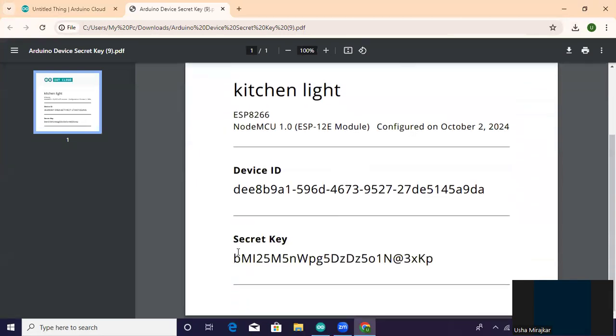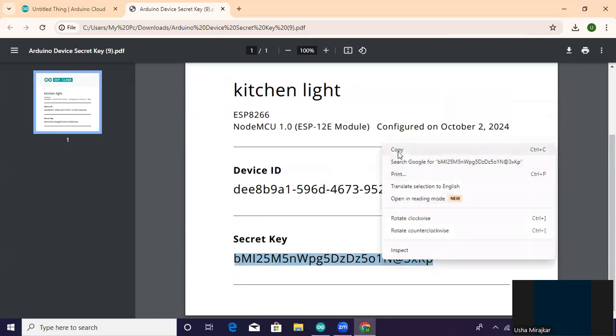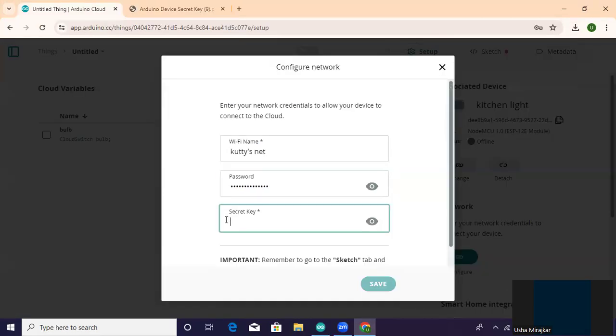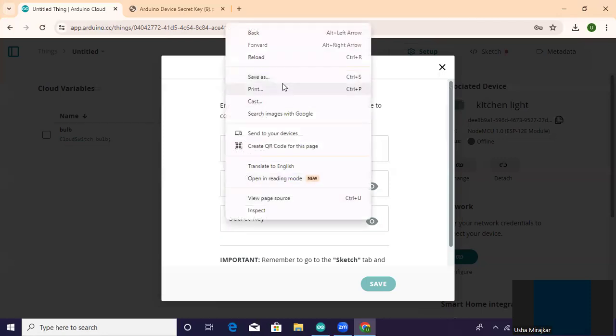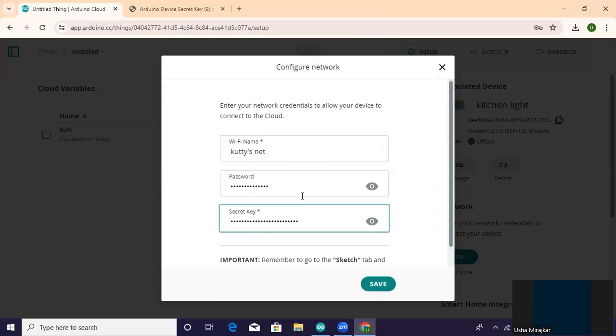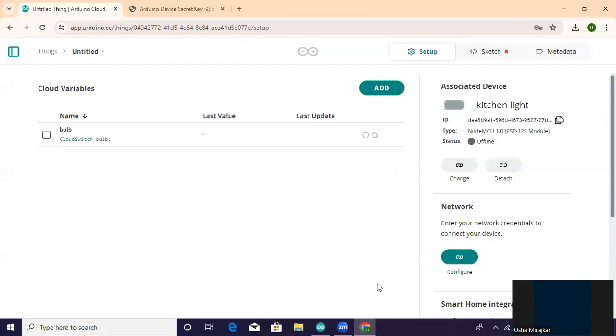This is the secret key, as you can see. Copy this one, and paste here. Now secret key is also entered here. Save it. Now the network is also configured here.